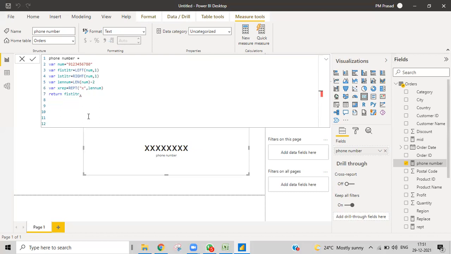Then I want to make it X rep. So we can write ampersand, then xrep, then ampersand, then LST, last rep. You can do it simply like this. Whenever you keep an ampersand, it will concatenate these 3 values. Simple thing: if you keep an ampersand, it will add these 3 values. That is the one-step, easy way.